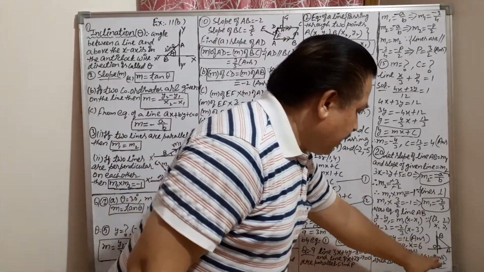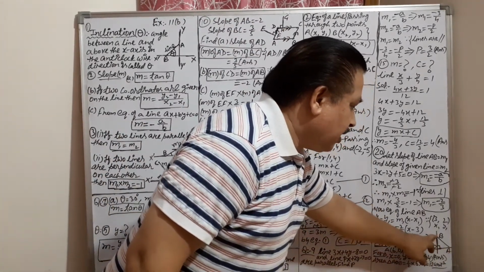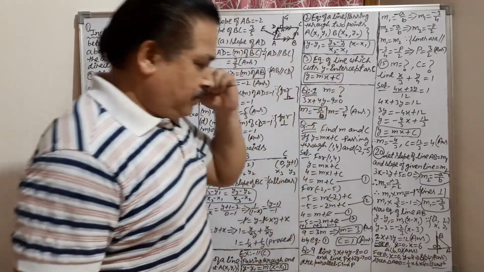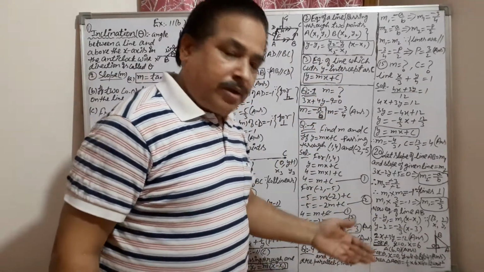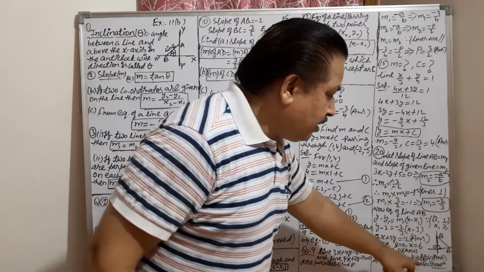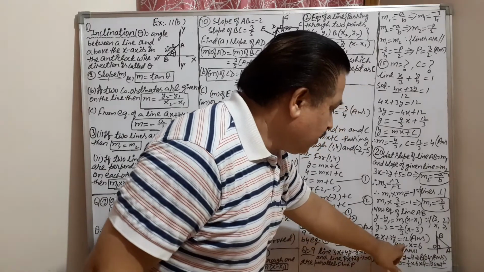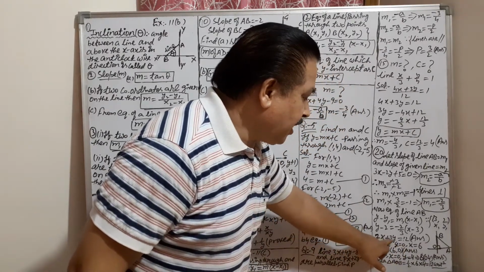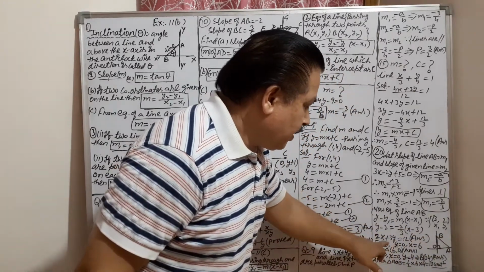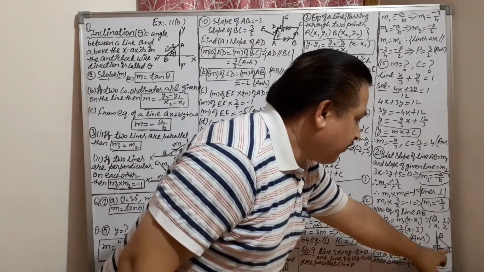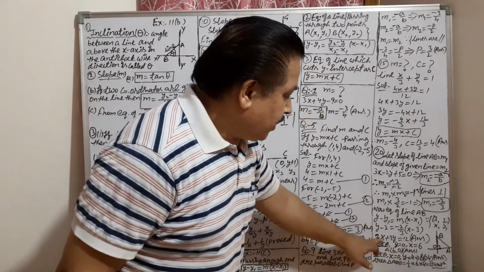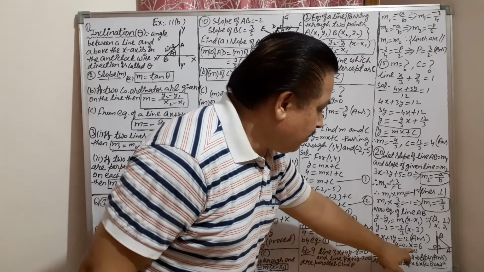Now this AB line cuts the x-axis at A. Find the coordinate of A. Similarly, this AB line cuts the y-axis at B. Find the coordinate of B. Now they are asking for the A coordinate and B coordinate. On the x-axis, you know y will be 0. So take y as 0 and put it in the equation of line AB, because this is the AB line only. We are finding the A coordinate. For the A coordinate, we take y as 0, put y as 0 here, so x will come as 6.